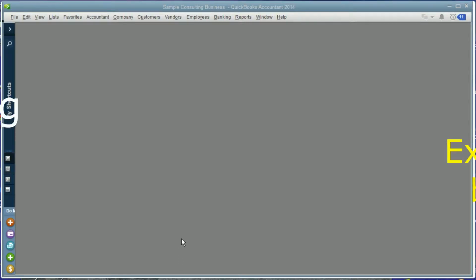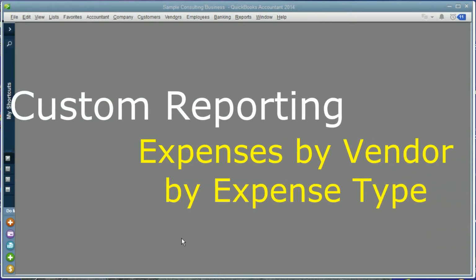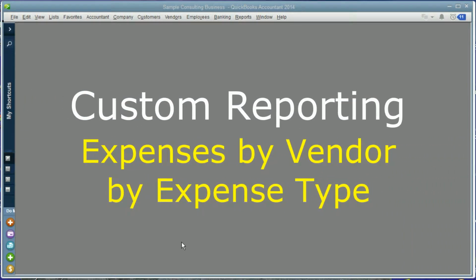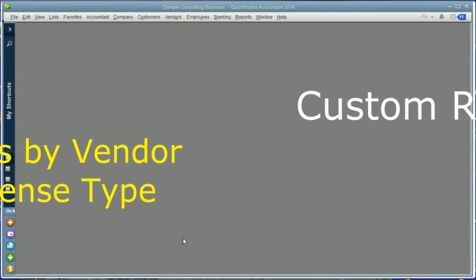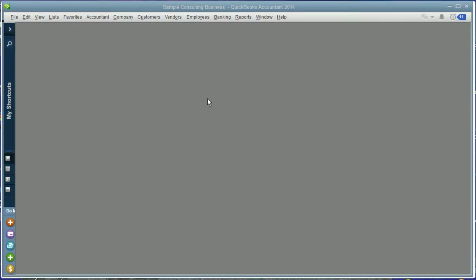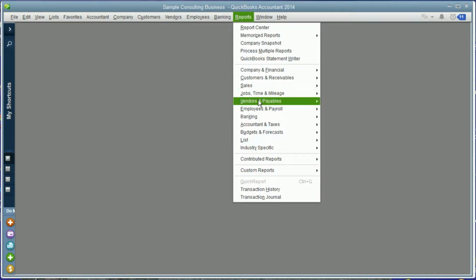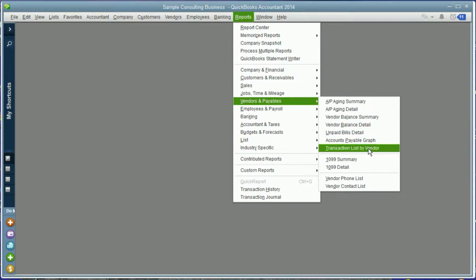In this tutorial, we're going to see how to create a custom report. It'll be expenses by vendor by expense type. We'll start off in QuickBooks, and if you were to run a vendor report for transaction list by vendor,